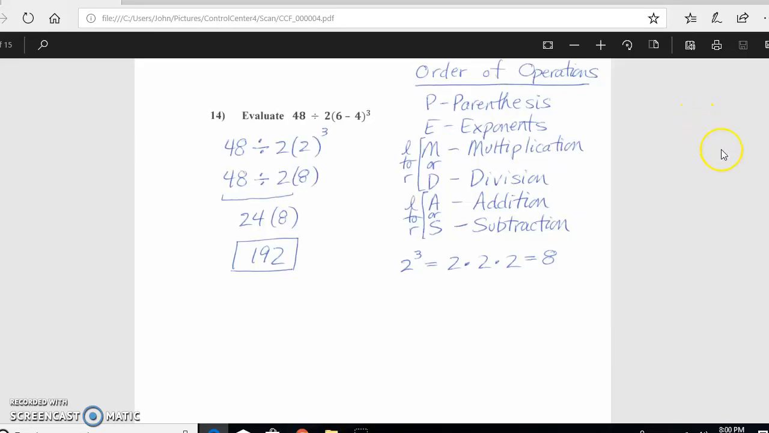This is the practice test for whole numbers, and here we're working on problem number 14, and the problem asks us to evaluate this expression, 48 divided by 2 times, in parentheses, 6 minus 4, with the exponent 3 on the parentheses. Now, whenever we see an expression like this with these various operations, we should immediately be reminded of